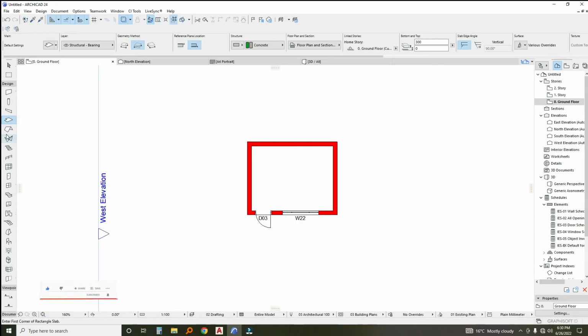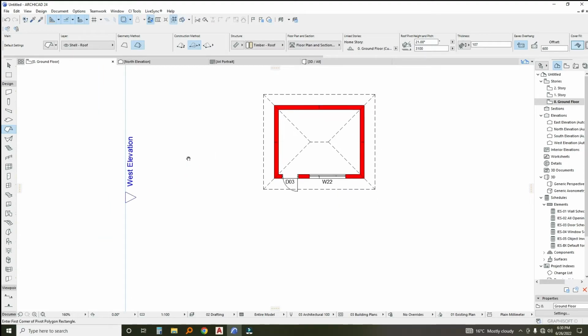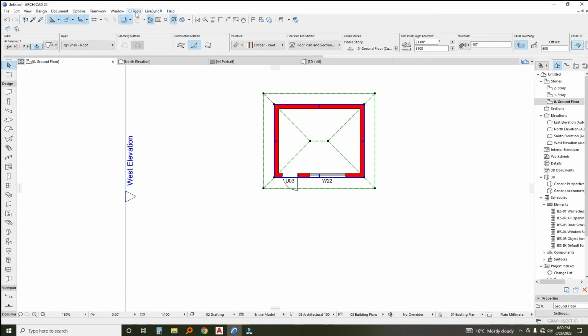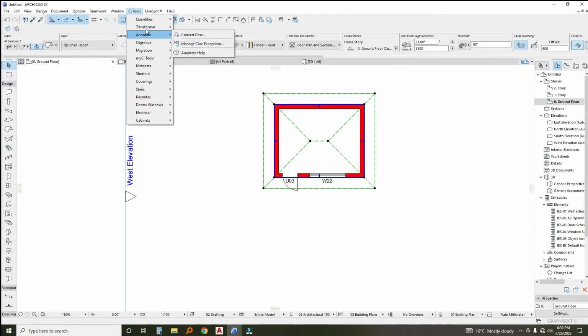Okay, I'm going to add a roof. Let me use this one. I'm going to click on that point. I'm going to end on that point. The roof has been added. You click escape, right click on the roof, click on the tools here, go to